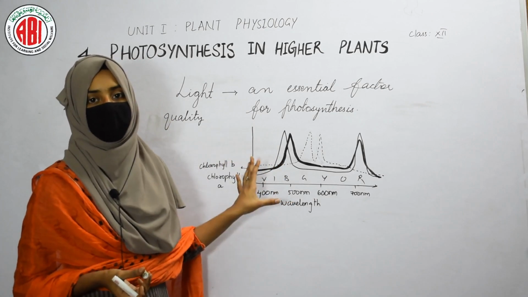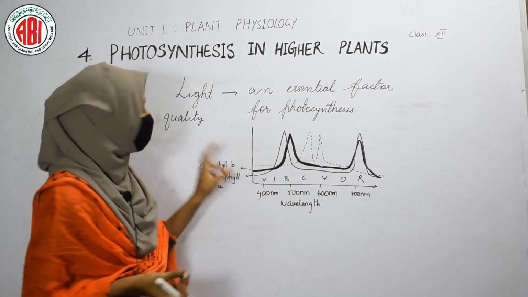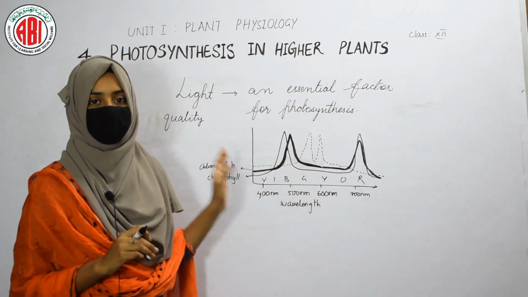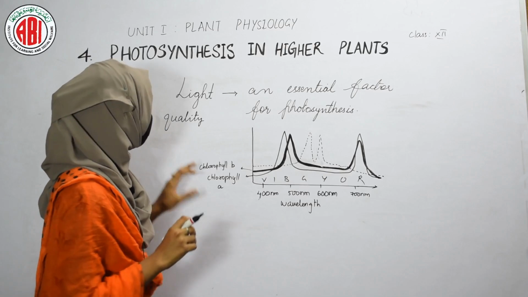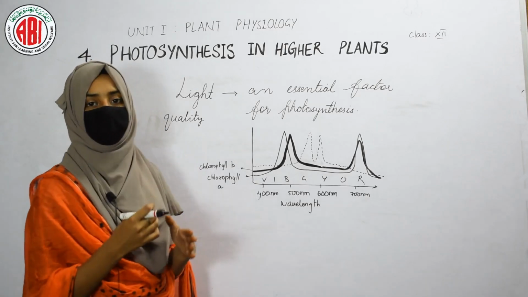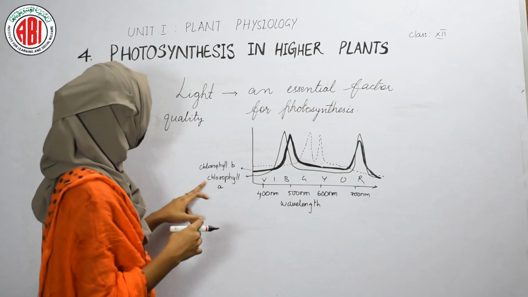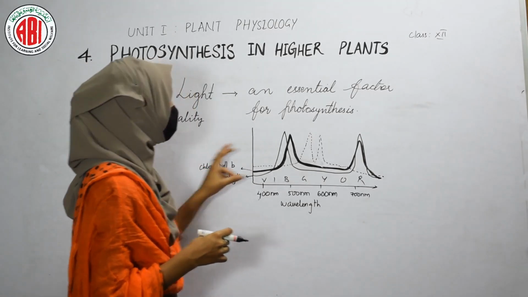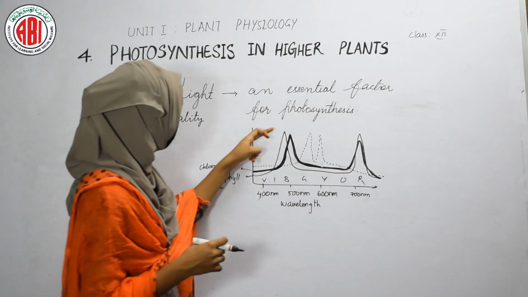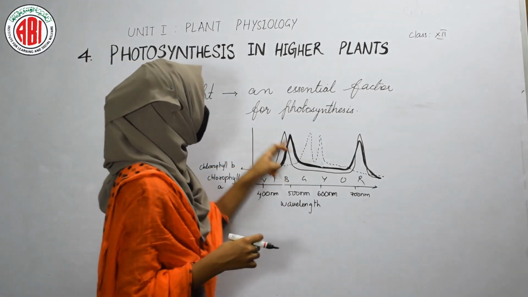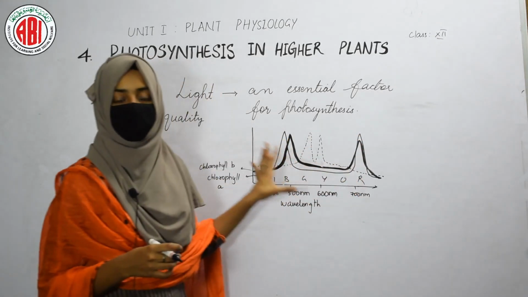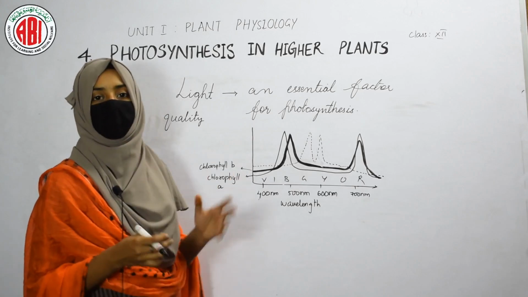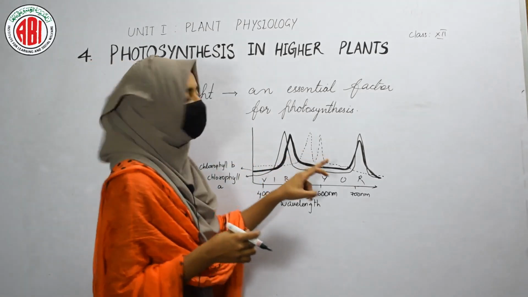So, this visible light is scattered into 7 different colors, and after using the spectrophotometer we will get a graph. Here the different pigments are present, and the different pigments absorb different wavelengths. Now, chlorophyll A is a pigment which shows 2 peaks. One peak is obtained in the blue region and the other peak is obtained in the red region. So, by this we can understand that chlorophyll A is a pigment that absorbs the blue and the red wavelength.